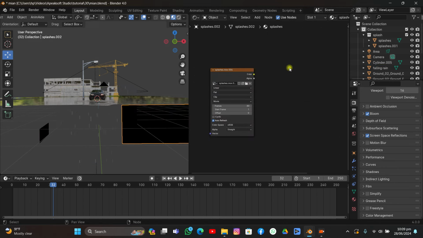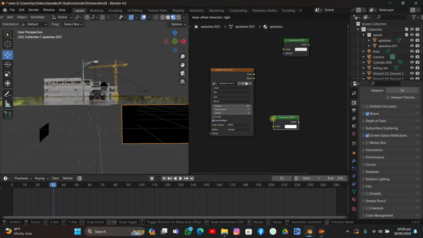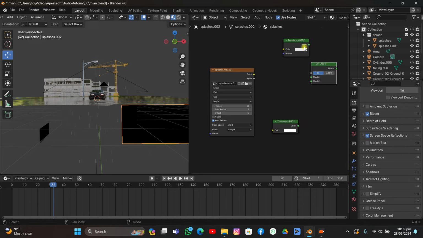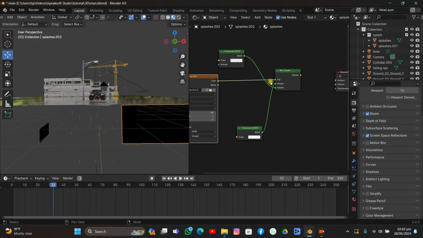I'm going to delete the principal. I'm going to add a translucent shader. I'm going to add a transparent shader. I'm going to mix it together by mix shader here. I'm going to connect the translucent into the bottom one, transparent into the top one, color into the factor, and